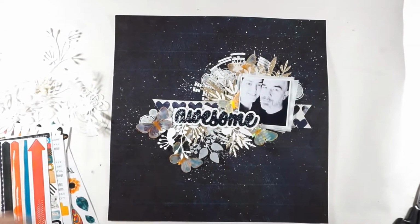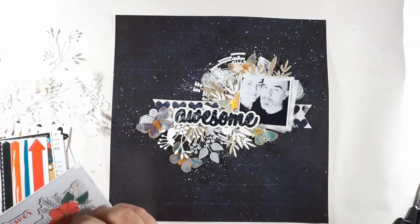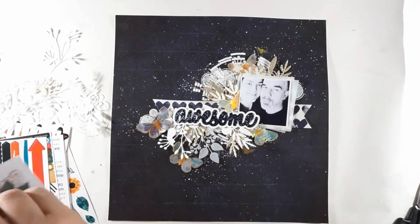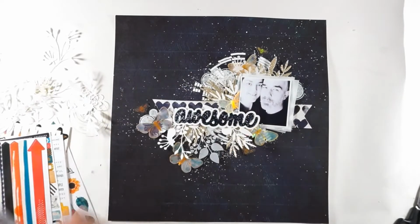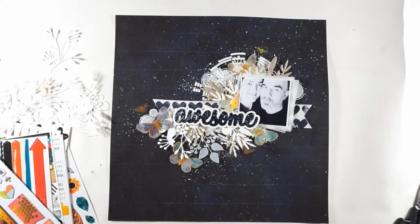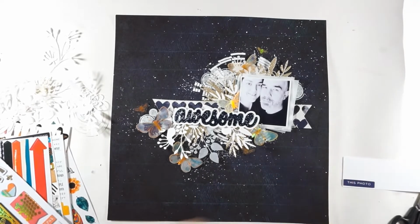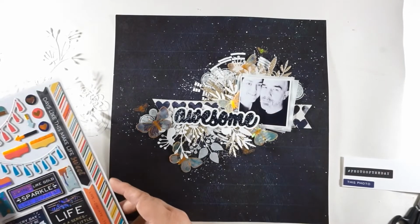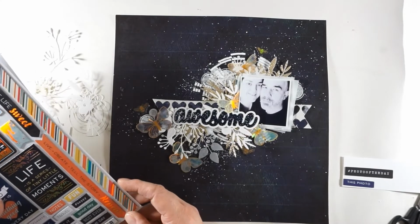You can see I added 3 more butterflies, and now I will look into the chipboard stickers and I will grab 3 bees, just because they are on a very dark background, and it's totally melting into my background paper, and I love how the golden bees are looking, but I will change the placement. Because I haven't used these stickers,